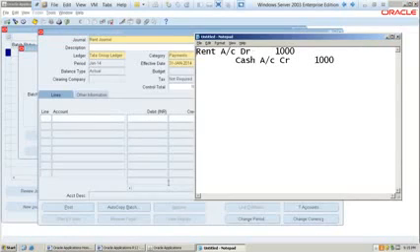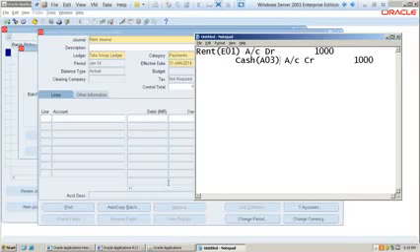As per our codes, what is the rent code you know? E01. What is the cash code you know? A03. In Oracle, how do you enter?